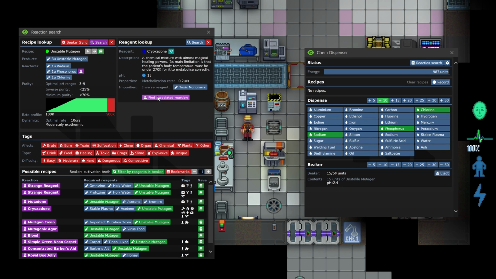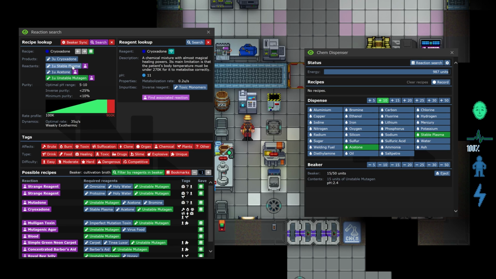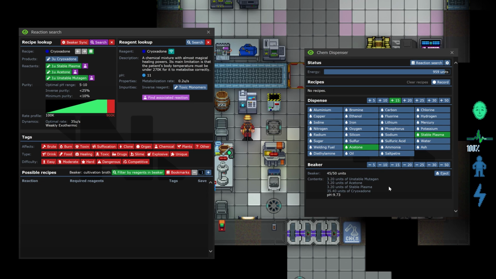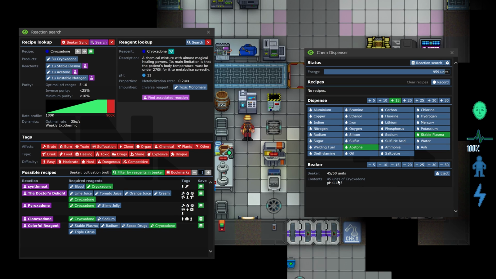Then click on the cryoxidone again. And since we already have acetone, stable plasma here, and unstable mutagen in the beaker, I will just click on these two. And we get our 45 units of cryoxidone. So making chemicals with a chem dispenser is much faster than the old way that we did by mixing the